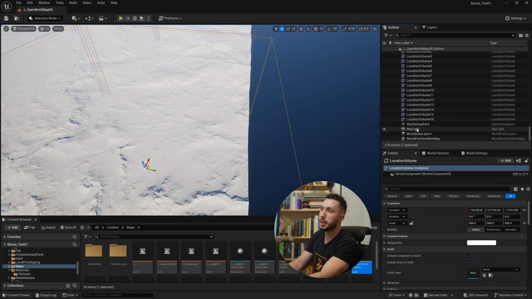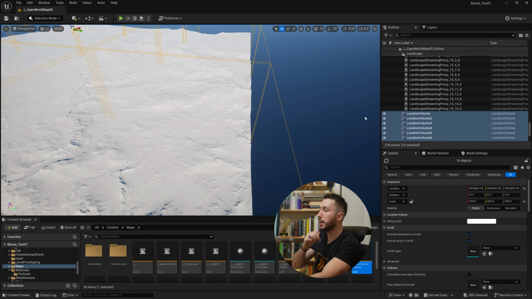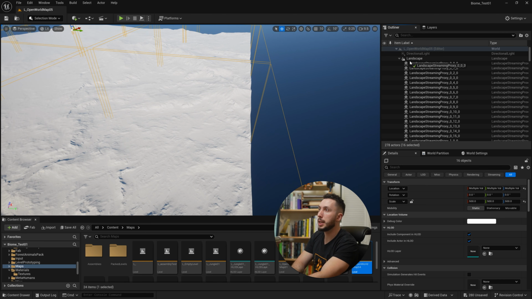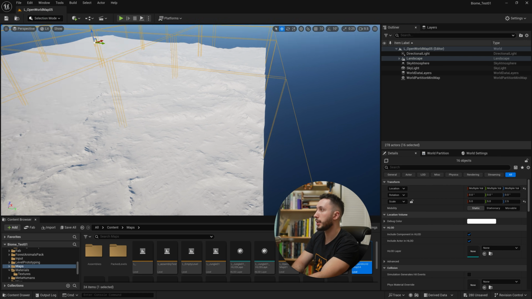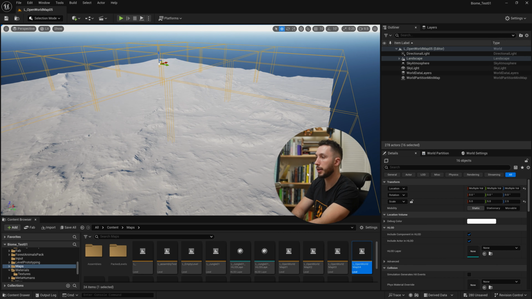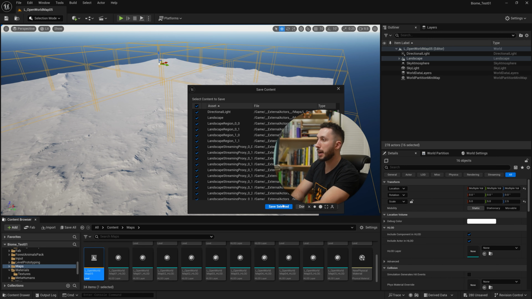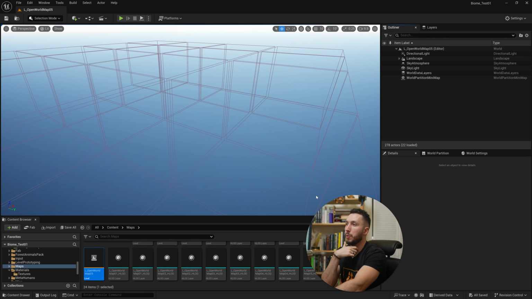The thing I need to do to get these to work is select all of them, and then click and add them underneath the actual landscape asset here. So if we click and drag them on top of the landscape, it's going to put them underneath this landscape, so it knows it's related to them. Then we need to reopen our level to get these to work. So if I double click on my map and we save everything, now we're reopened